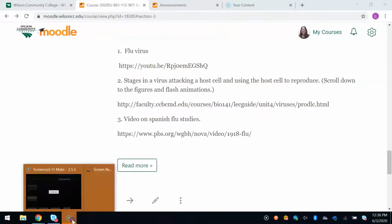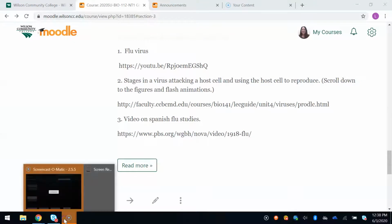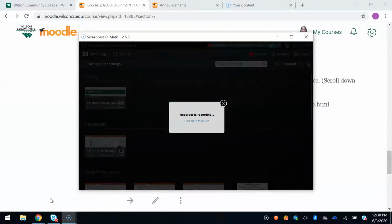All right, to wrap this up, to study for your exam, you will need to study your homework and your quizzes for each unit. Go back to your labs after they've been graded and look at my feedback. Look at which questions you missed and the feedback that I give you, because you will have some lab questions